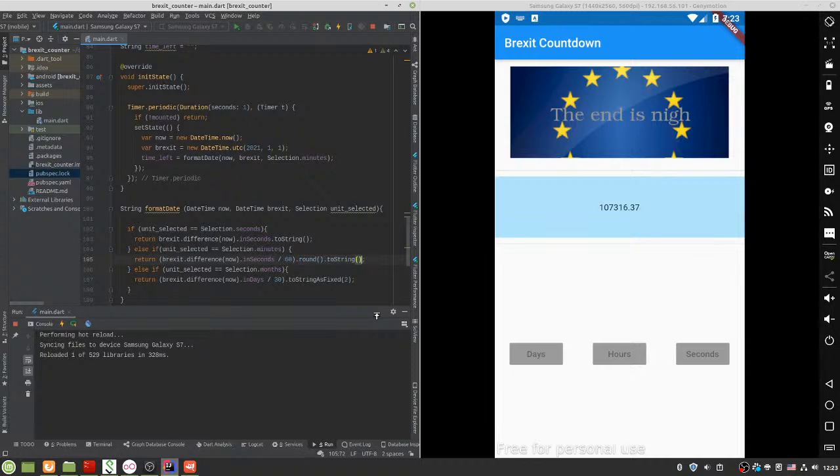I don't need to round this, I think, because the number of minutes is just, well, no, I do. Yes. Because of that. toStringAsFixed 2 or 4, let's say 4. Interesting, it does now. The formatting actually does work because it's outside of the setState. So if I say 2,